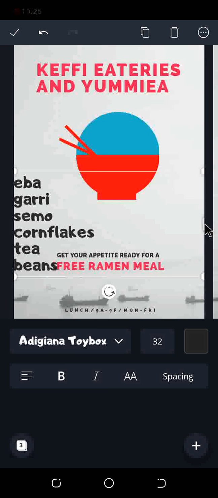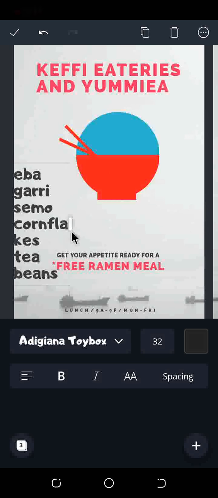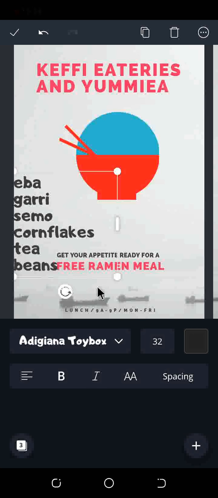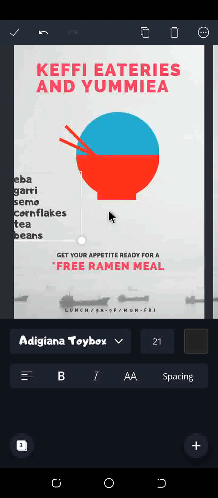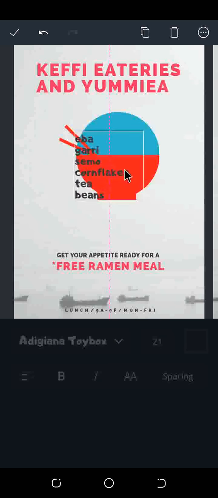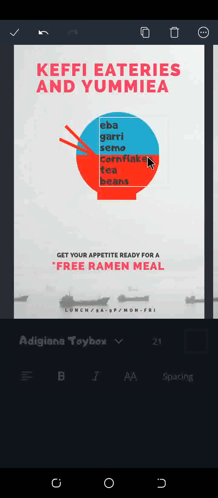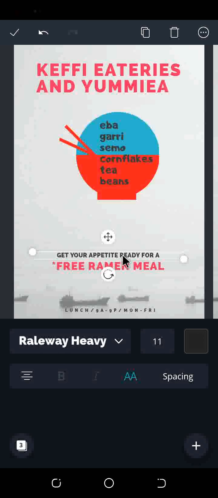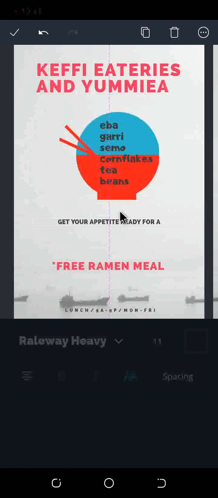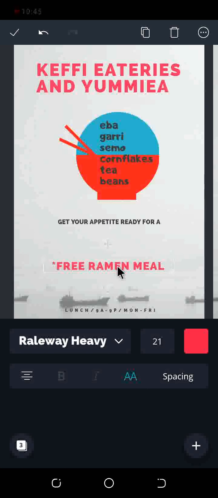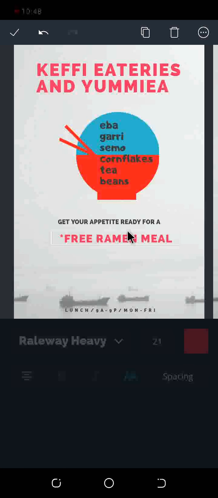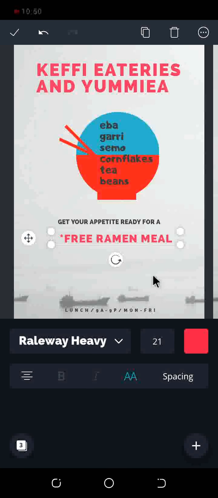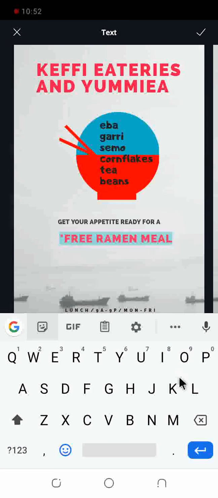So you can decide to move it in. Good. Adjust it a little bit. So let's put everything inside this. Wonderful. This is what we have inside the bowl. Good. Get your appetite ready for a meal. Okay, I think I still like this. So I can decide to leave this part of the template for a free ramen. No, we are not offering free ramen. So we can decide to edit this one. Click till it shines blue. Then delete and get